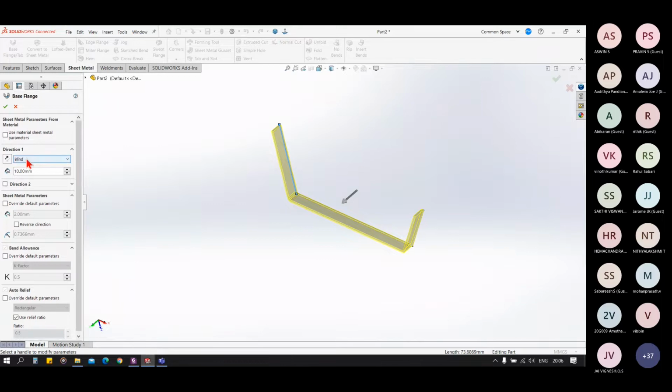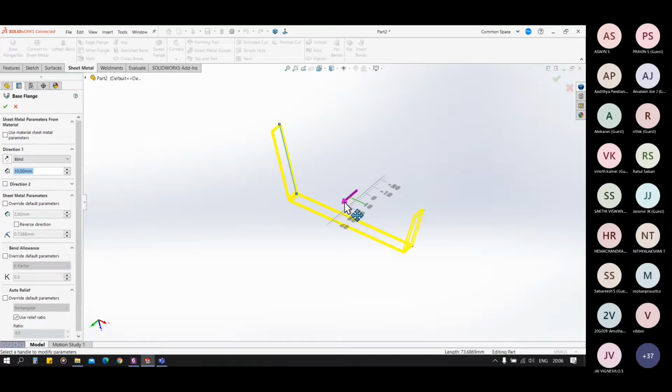In direction 1, we'll see the same features as the extrude. I will not repeat those features because you already know about them: up to vertex, up to surface, mid plane, and offset. So we'll continue with blind. I can increase its length from this.